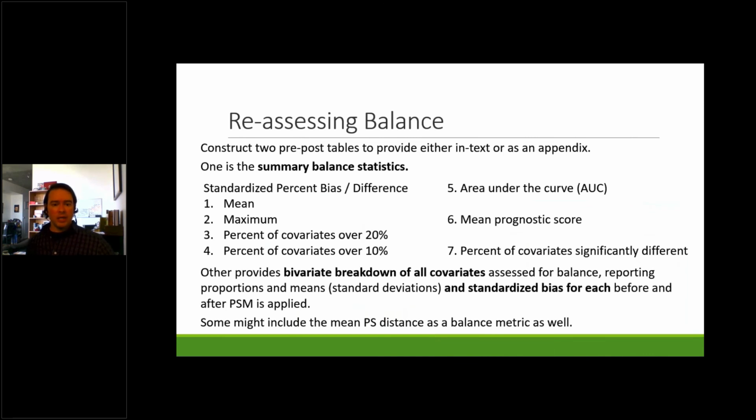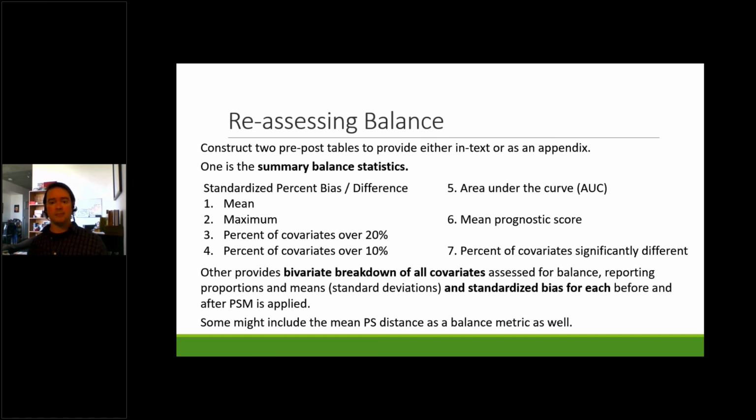The most efficient way to assess the balance and report on the balance is to construct two pre and post tables to provide either in text or as an appendix to your report. The first table is the summary balance statistics, which I'll give you an example of here in a minute. The summary balance statistics being all these 1 through 7 things, or at least the first